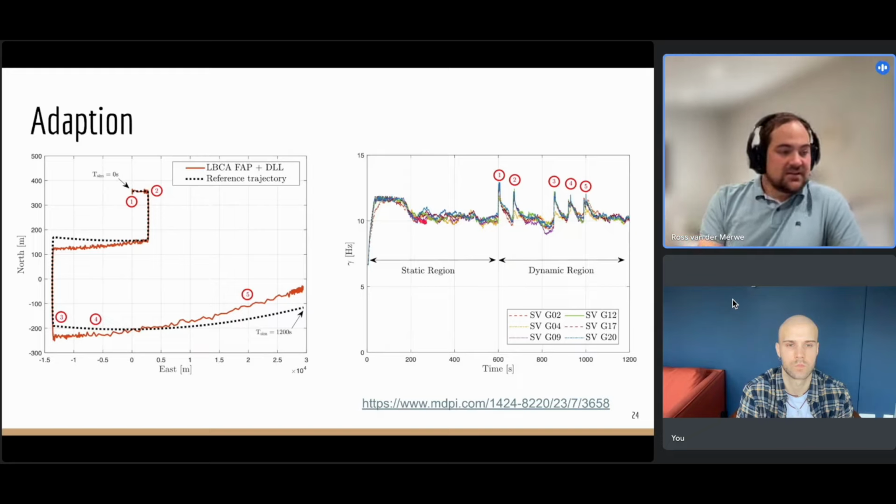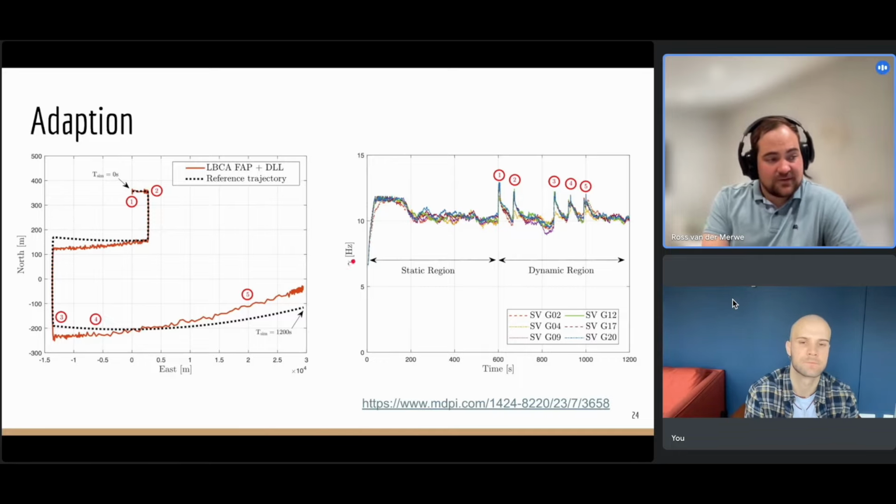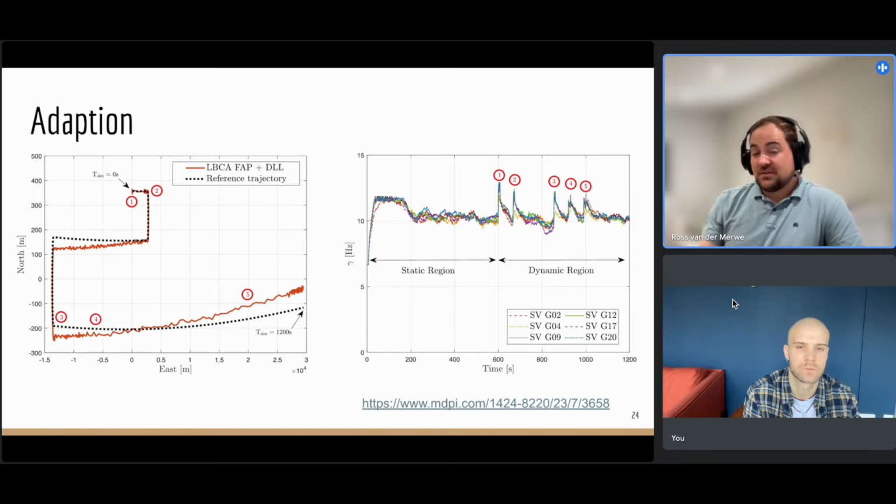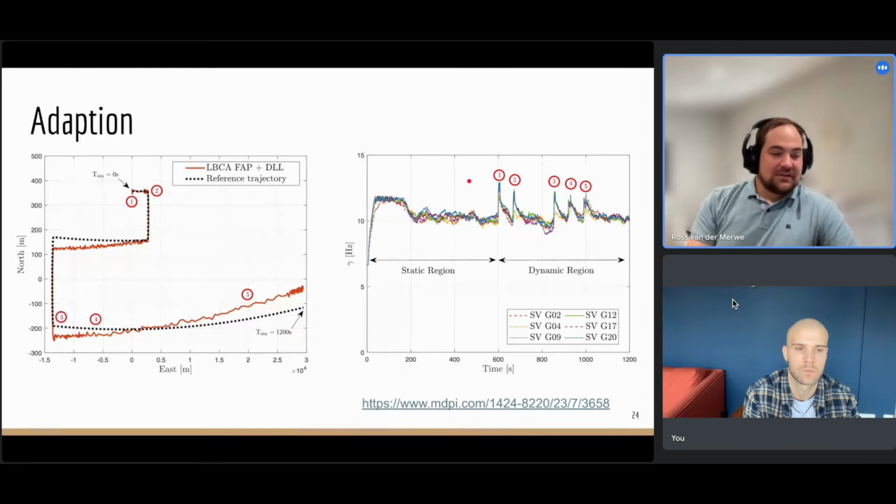And each one of these lines on this right graph is a different satellite. And this gamma function here is basically how much it's trusting the values in that function. So how agile or slow or precise you are. And as you can see, each time there's a corner, it just says, well, something's happening. Open, we need to adjust our model. It does this, and then as it gets more confident, it says, okay, we can pull back in, it looks safe. And then as it gets to the next corner, it says, well, something happened again. And it tries to adapt all these algorithms in the background.